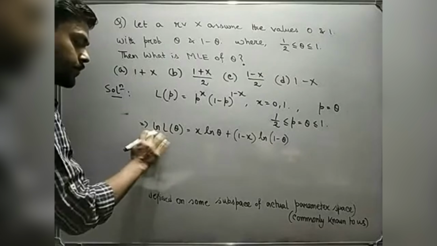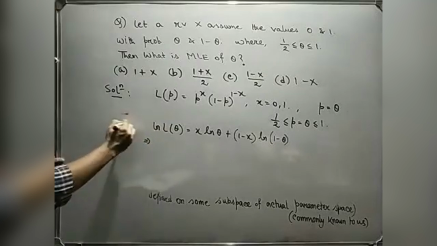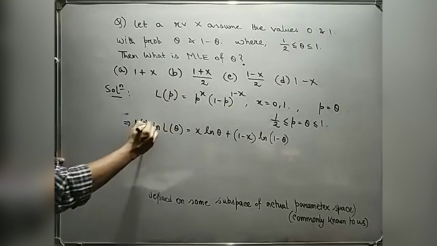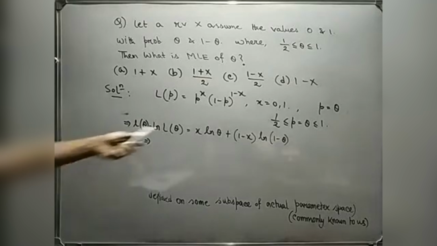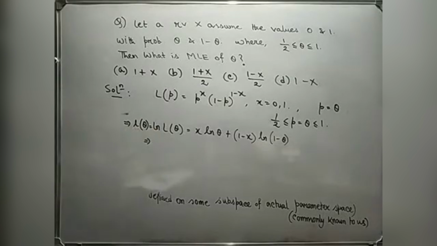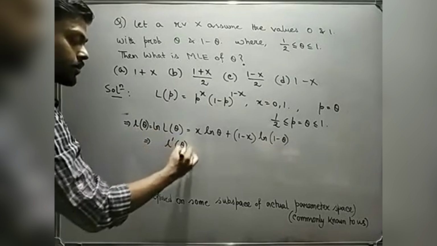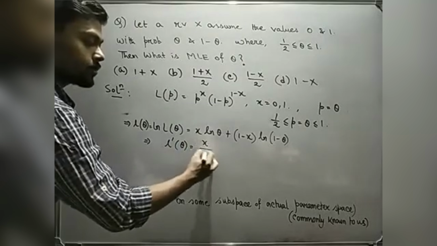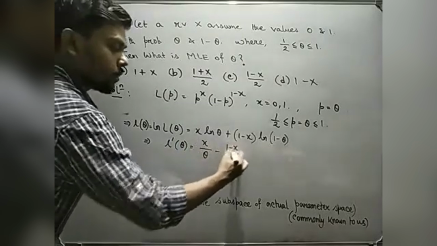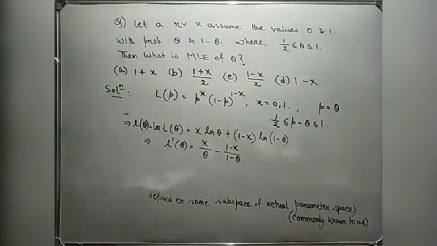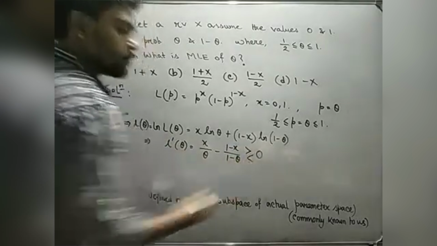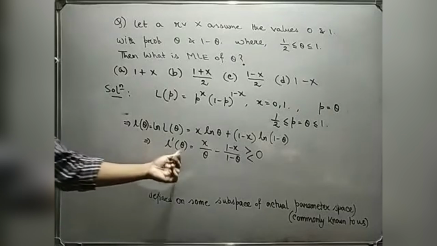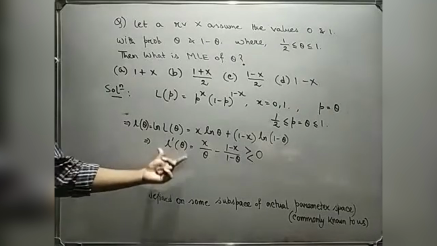If we take the derivative, let's define this by small l(theta). So ln of capital L(theta) is just small l(theta). Then l dash theta, that means the derivative with respect to theta, will be x by theta minus (1 minus x) by (1 minus theta). Now we have to check whether this is greater than or less than 0,